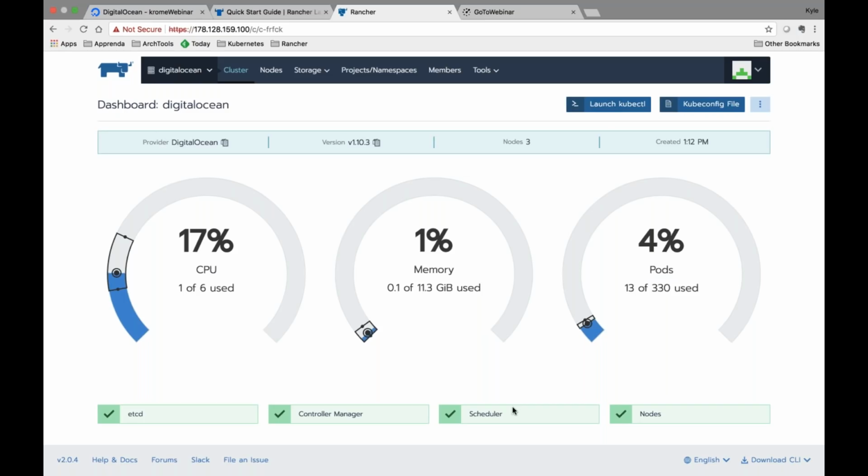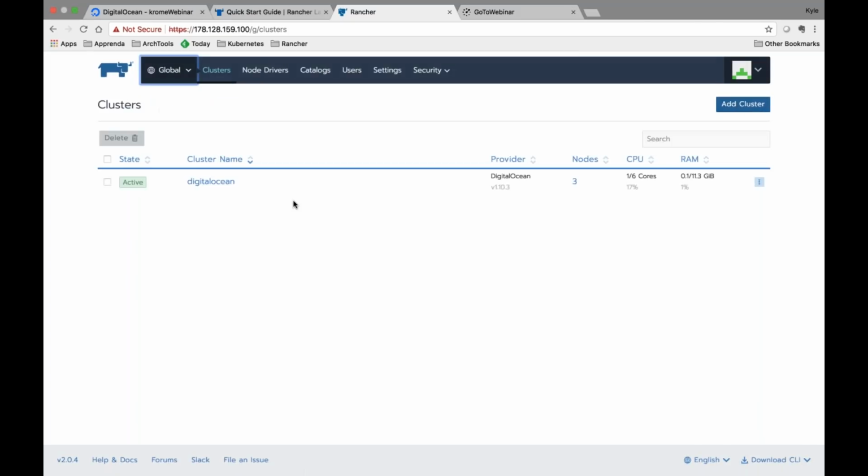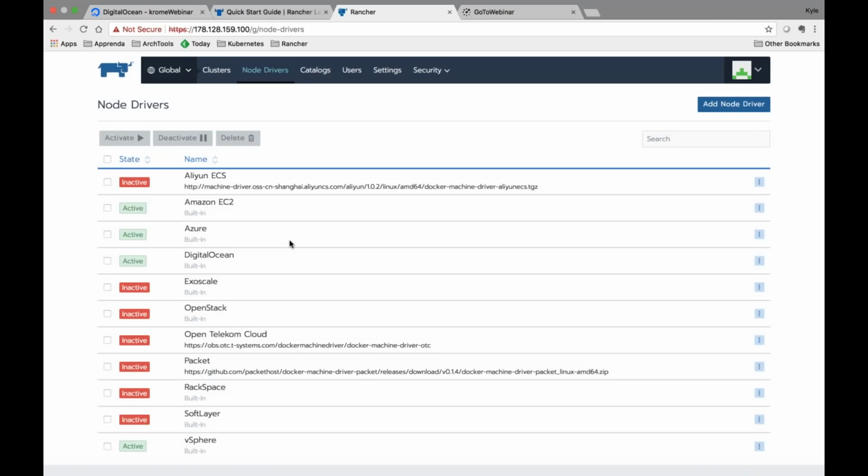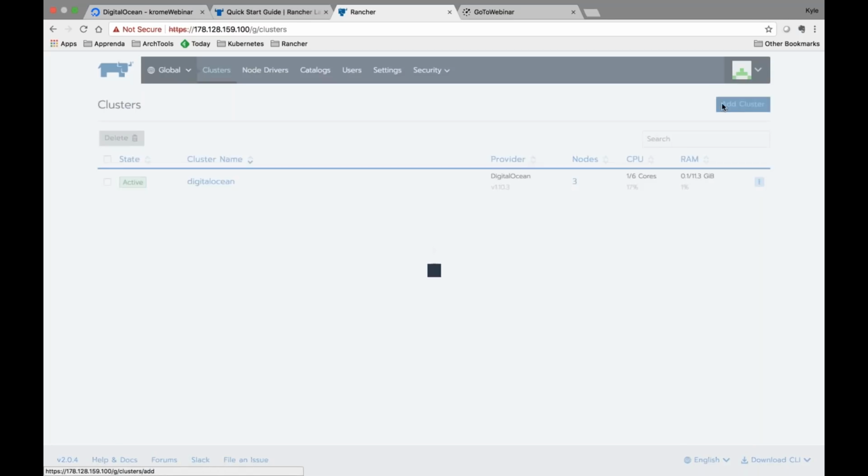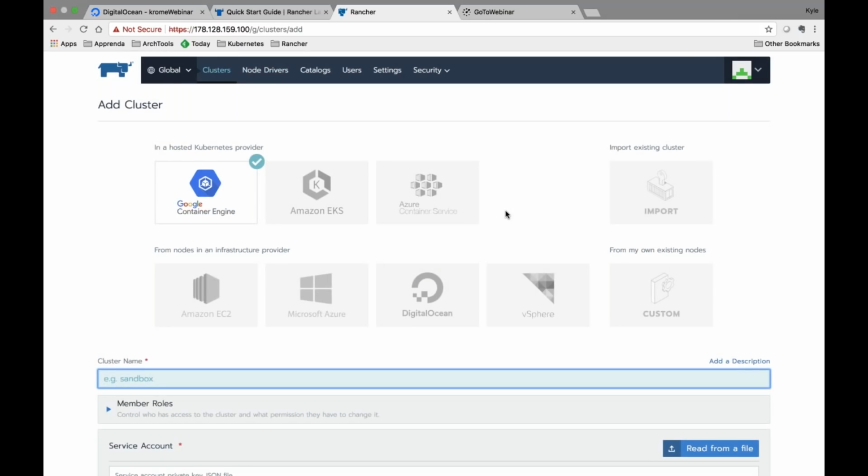Okay. So with this cluster, if I look at this, I'll go back up to global first. So at this global level, think of yourself as kind of the Kubernetes central IT administrator, right? I might have a bunch of different clusters here, and then these are the options that will apply to all these clusters. So the node drivers, this is when I click add cluster, which of these options are enabled. You can create your own node drivers, but more than likely in a production scenario, you're going to be creating a lot of custom